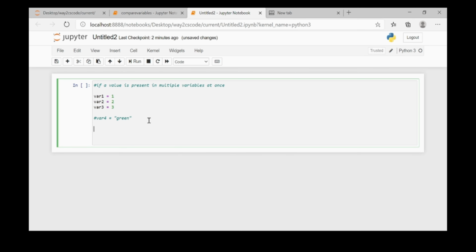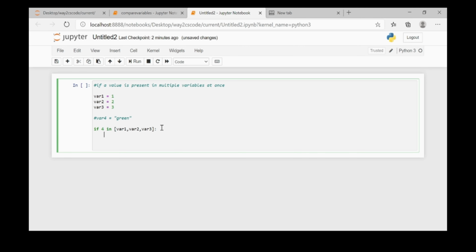Now suppose I want to check if 4 is there in any of my variable values. So I'll just write if 4 in, and then I can take a list and check if that 4 value is present in variable 1 or variable 2 or variable 3.